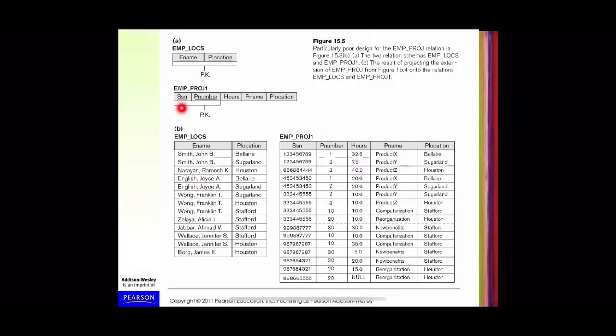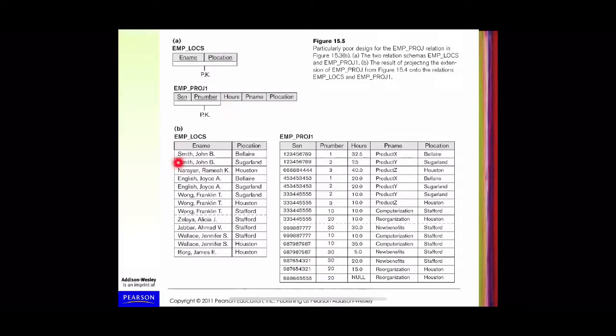Like that, in case of employee project 1, the meaning is that the employee whose SSN is SSN works on a project this much hours. That project number is P number, the project name is P name, and project location is P location. So here the SSN and the project number together form the primary key. So this is how we decomposed our original employee project table.